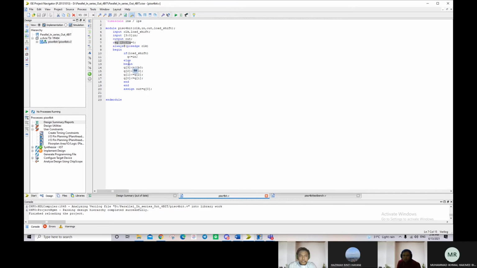Let's move to the shifting operation. For the shifting operation, it will receive output at the positive edge of the clock. If the load shift value is 1, I declare the value of Q less than or equal to the value of in. Else, begin: the value of the 4-bit, 0 to Q3, then Q3 to Q2,